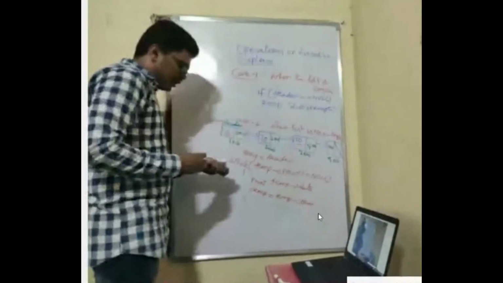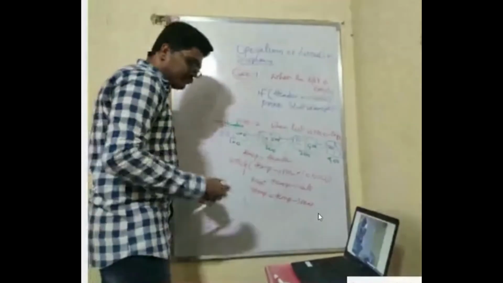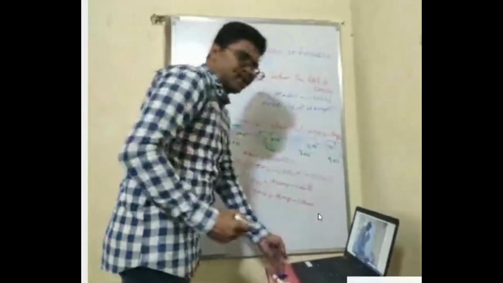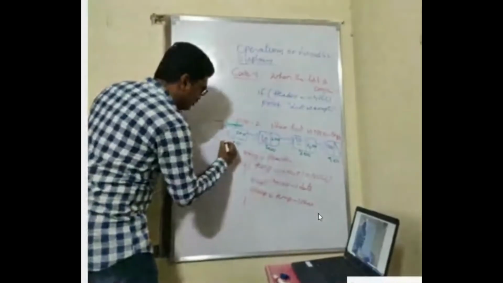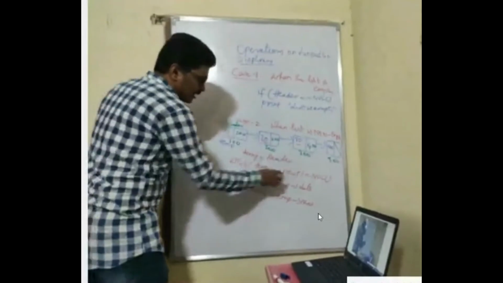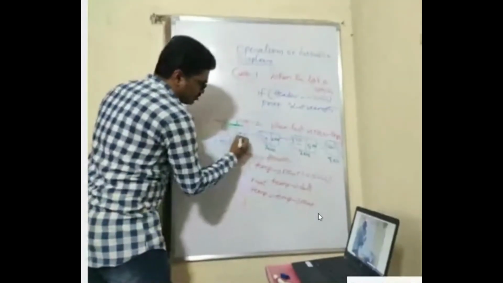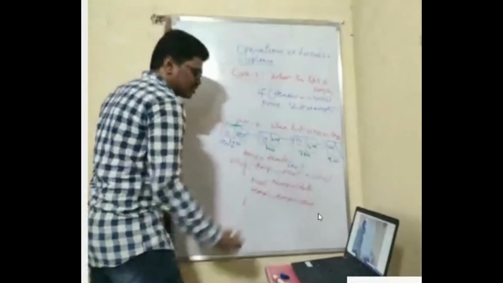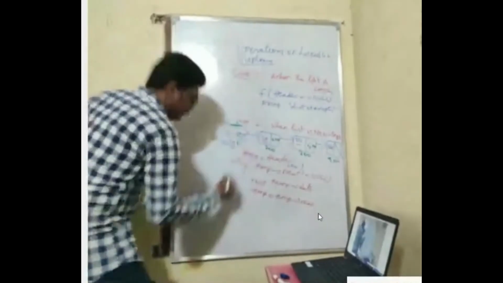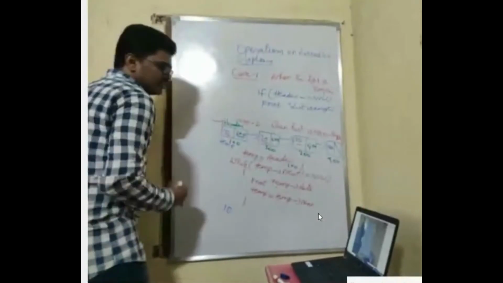So this is what we saw yesterday. So now we'll check whether this is going to work or not. So now my temp is going to start with header. So my temp will be here. So temp next not equal to null. So temp next is 200. 200 is not equal to null. The condition is true. I'll display temp data. What is temp data? 10. So 10 will be displayed.